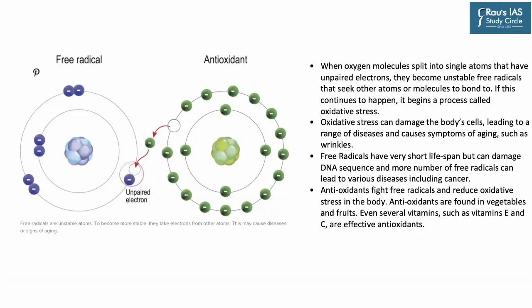So when we understand free radicals and the importance of antioxidants, we need to understand the aspect of oxidative stress. It says that when oxygen molecules split into single atoms that have unpaired electrons, they become unstable free radicals, and these unstable free radicals are absorbed by other atoms or molecules. So when these free radicals become unstable, they seek other atoms or molecules to bond to. And if this continues to happen, it begins a process called oxidative stress. Oxidative stress basically means an increase in the number of free radicals in the body. And this can damage the body cells, leading to a range of diseases